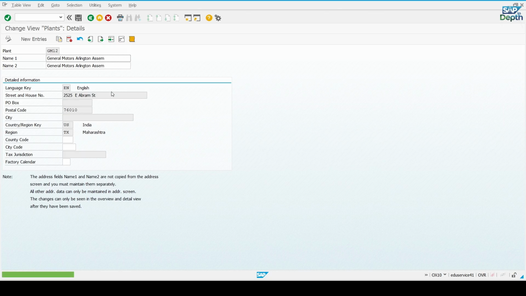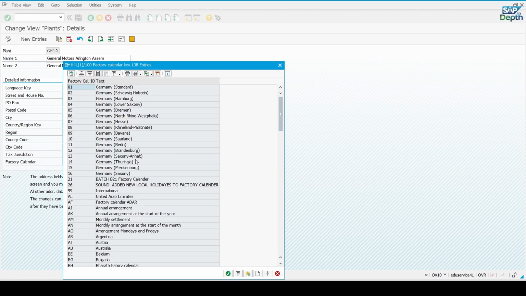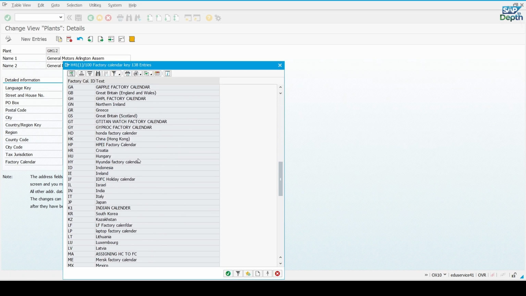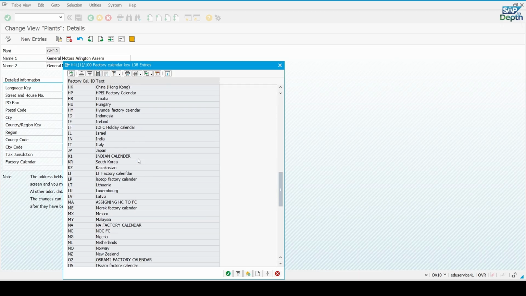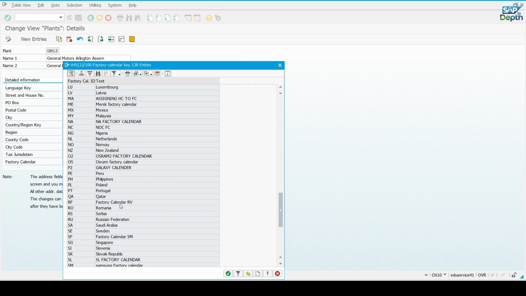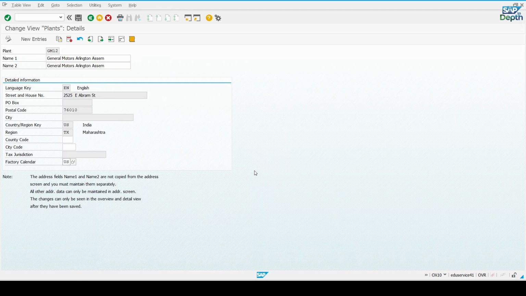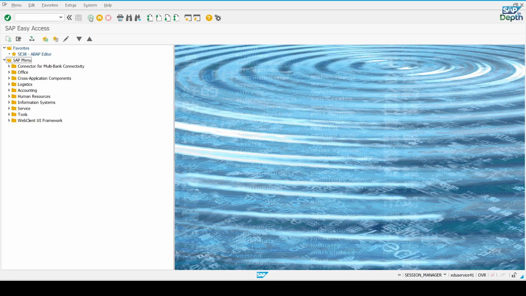And save the data. Okay, again factory calendar, we'll choose the same factory calendar, US factory calendar. Enter and save the data. Now go back one more time. Now one more time,